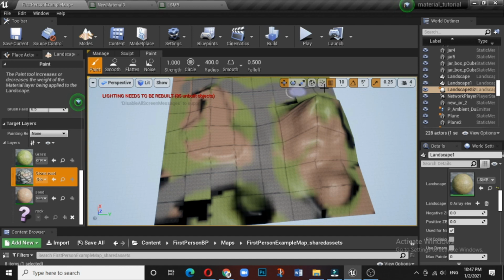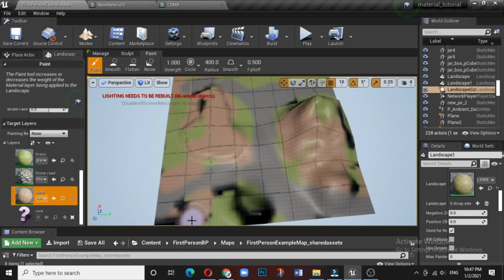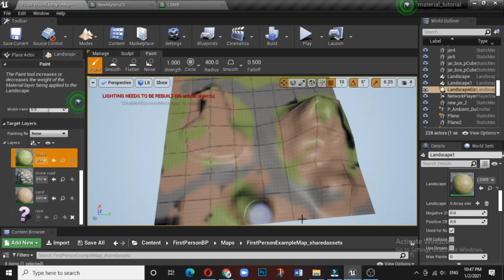So here we are, the color blend. So whatever you want to apply, you can apply. You want to make it more grass over here, you can make more grass over here.